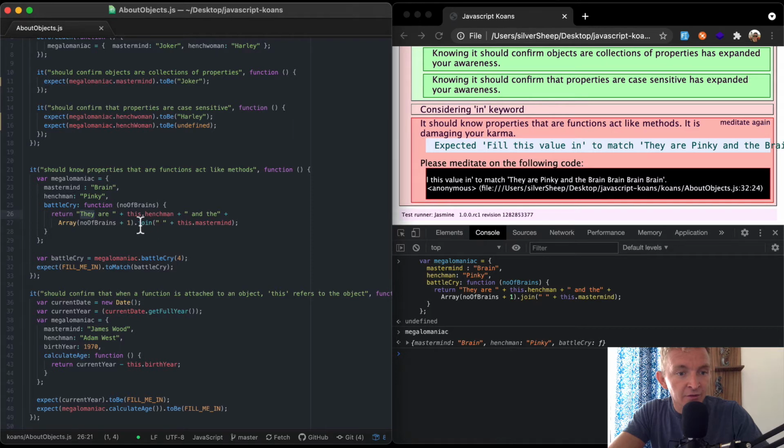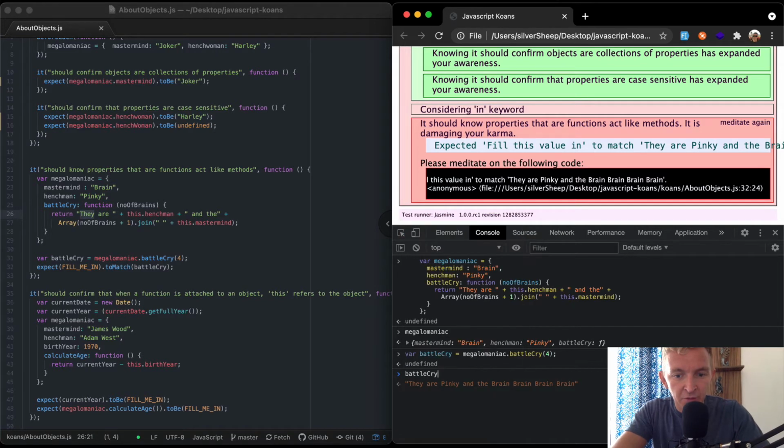Number of brains dot 1. So 4 plus 1, 5, 6. It's going to be 6 plus brains. So are they going to do it 6 times? I'm not exactly sure, but let's check it out. So if we were to print out battle cry,